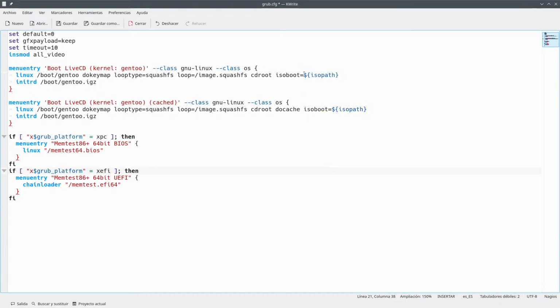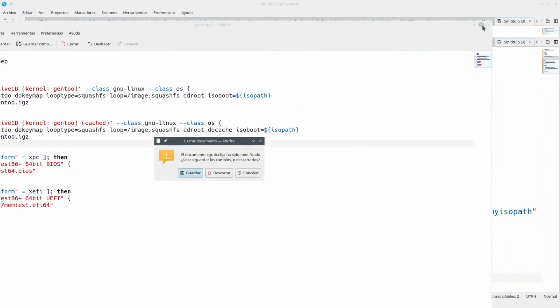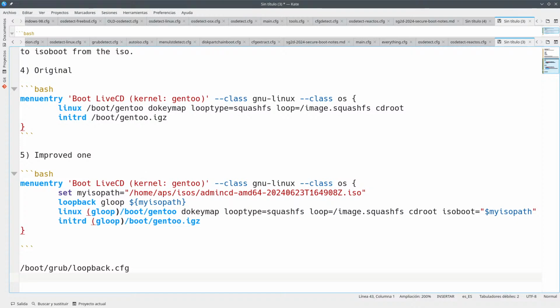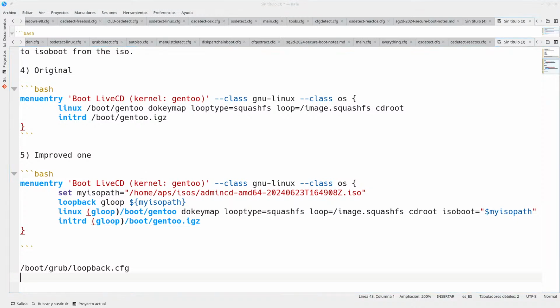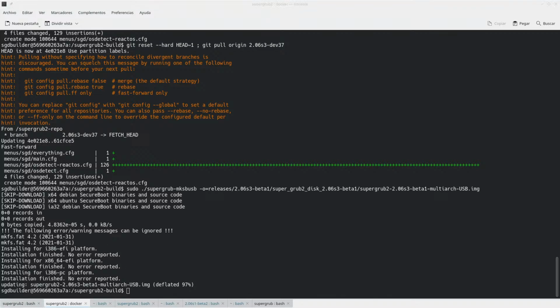This variable that Super Grub2 Disk gives is the one spotted here, so that you can use it. That way Gentoo knows how it boots itself, so it uses loopback.cfg or grub.cfg if it's sourced from the other one. Hopefully you can help us so that Gentoo is supported from Super Grub2 Disk thanks to this loopback.cfg.